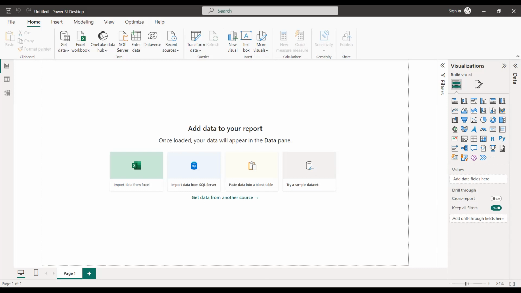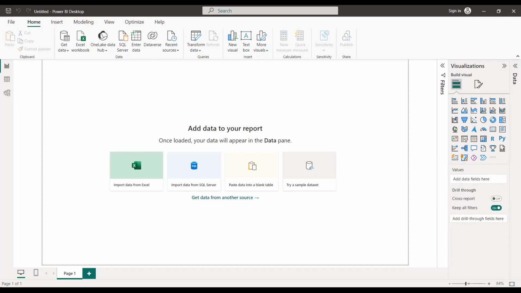Okay, so we can see the various sources and how we can import data from them, right? Yes, we can. I'm going to quickly have an example.